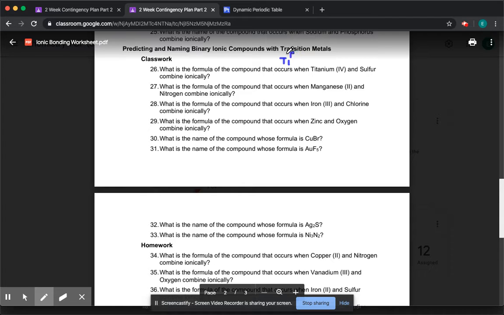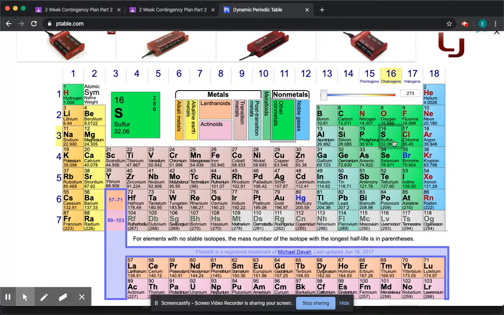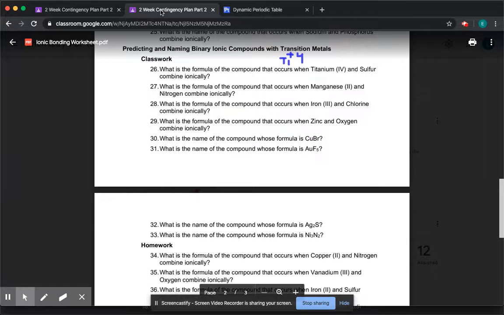Where is sulfur on the periodic table? Sulfur is in the same group as oxygen, so sulfur would be -2. So we have S -2. If you do the cross method, I'm going to write it down here because we don't have a space. If you do the cross method, you get